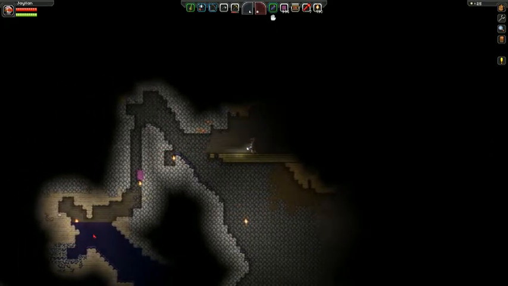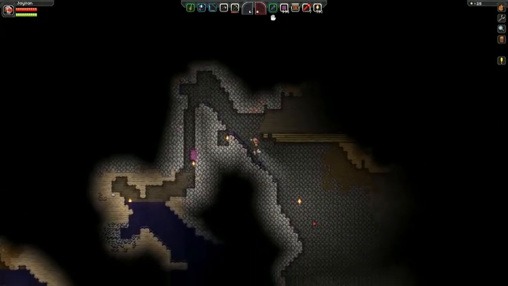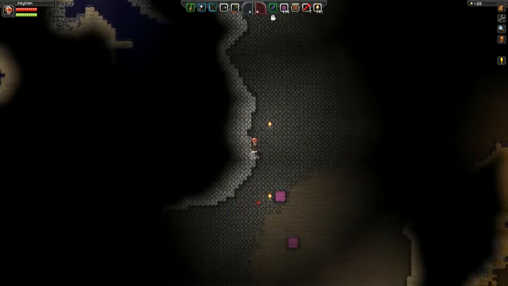I saw the glow here and I didn't know why, and I still don't know why. That torch is there now because I put it there, but it was glowing on its own. Whew, I almost fell right there. Alright, so...